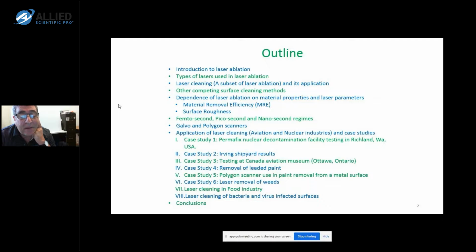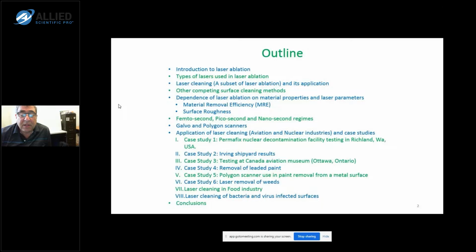Then we would look at different time zones for lasers, femtosecond, picosecond, and nanosecond regimes, and how they are different from each other. We would compare Galvo and Polygon scanners, and then we will go into some applications, such as aviation, the nuclear industry, and also case studies where we have done work with the laser cleaner, such as